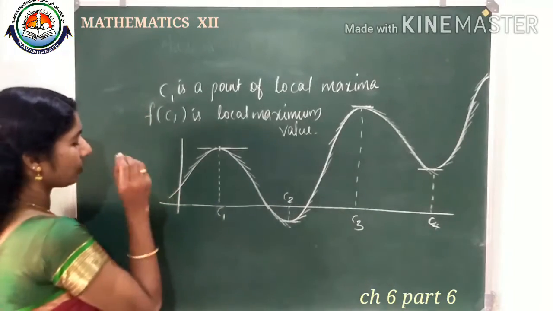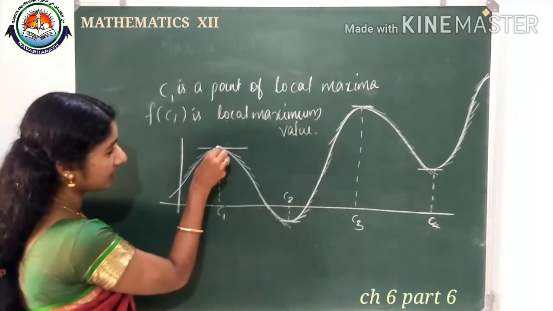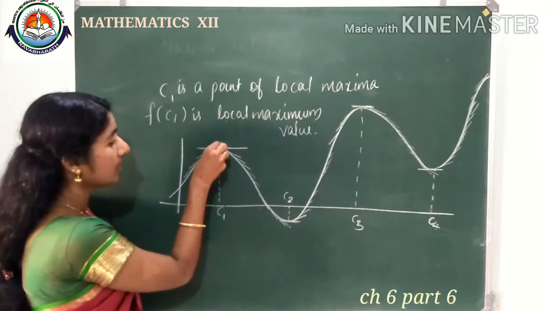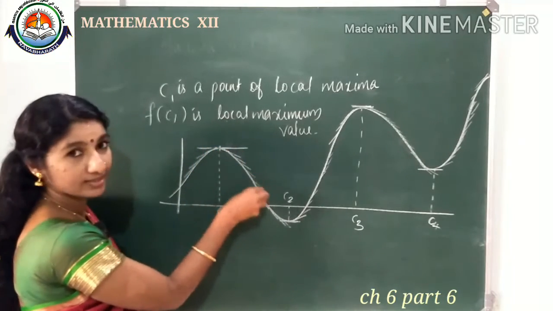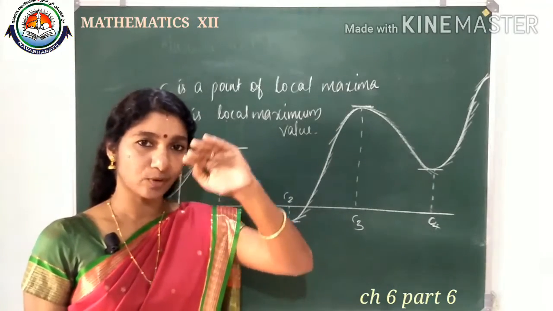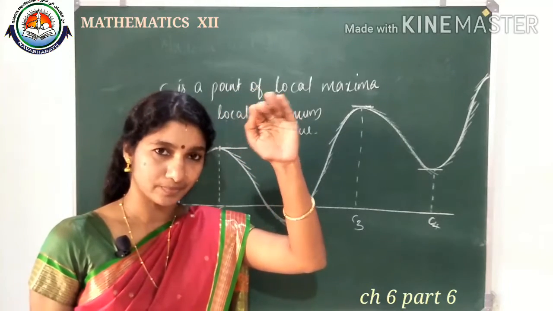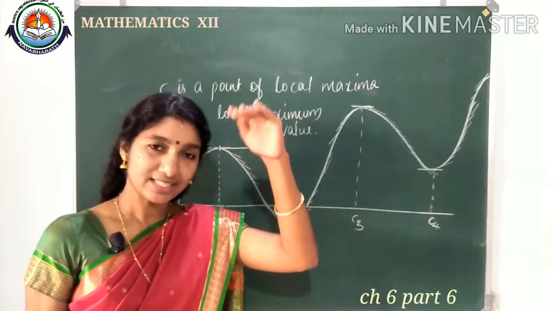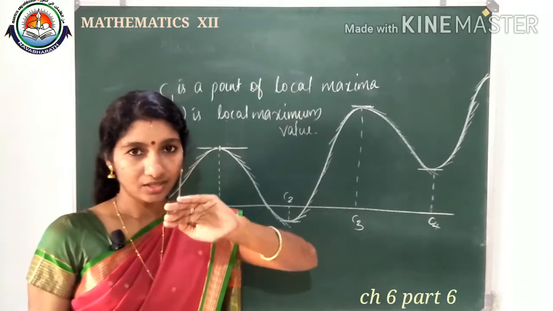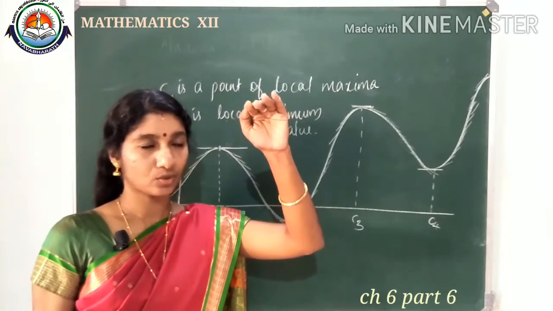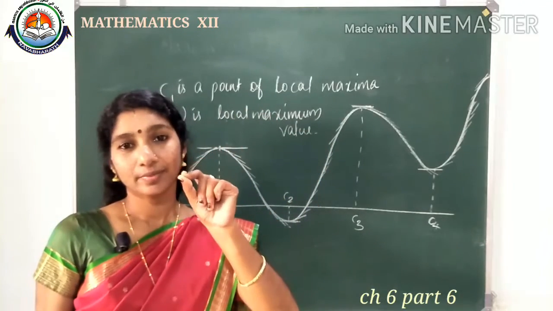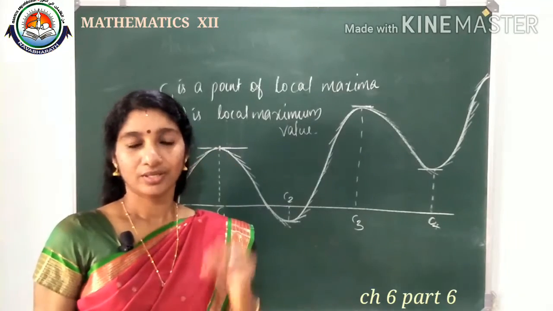And we discussed that the slope of the tangent is positive. After reaching the maximum value point, from the next point onwards the slope of the tangent is negative. So when the slope of the tangent is positive, at a particular point it equals 0, and from the next point onwards it is negative, then we can say that point is a point of maximum value.